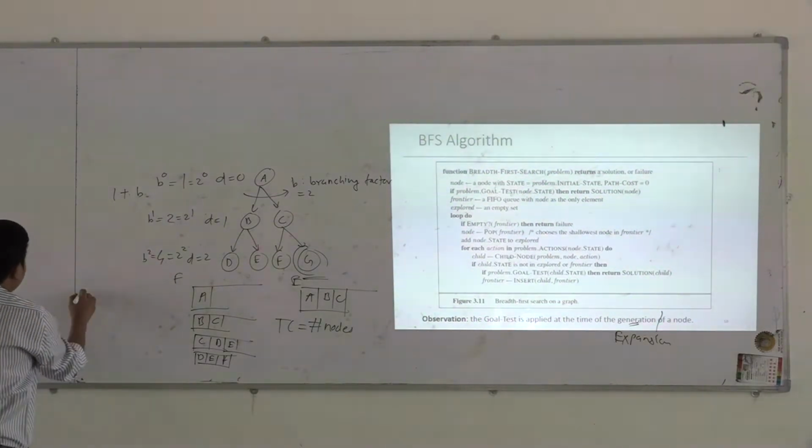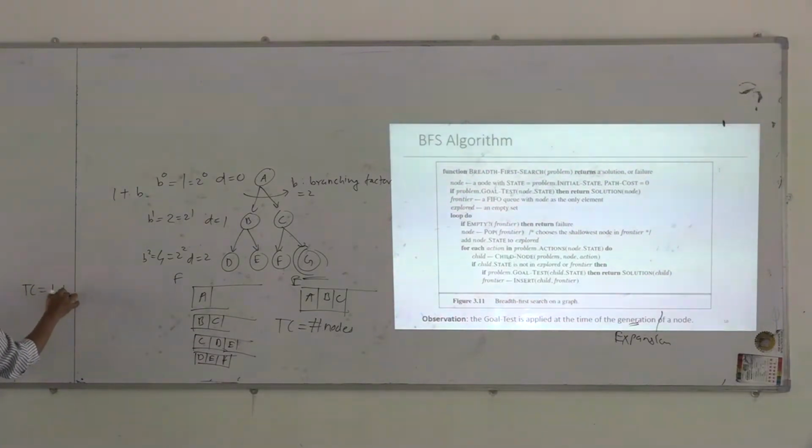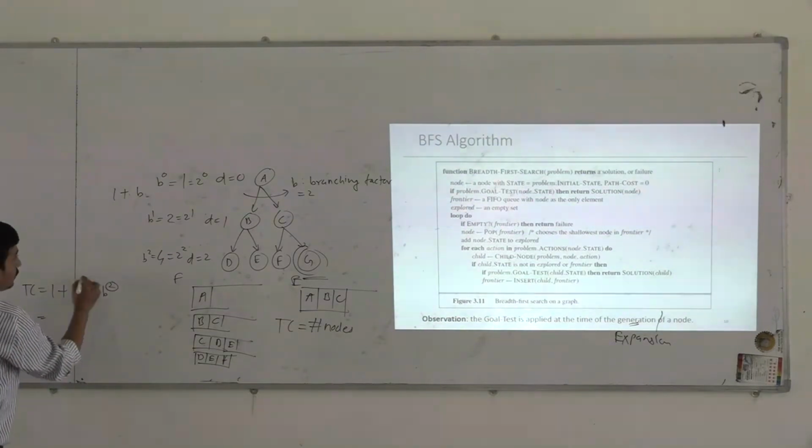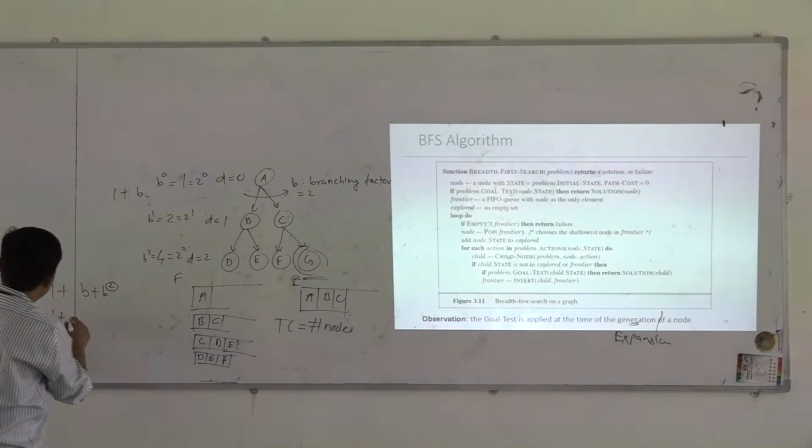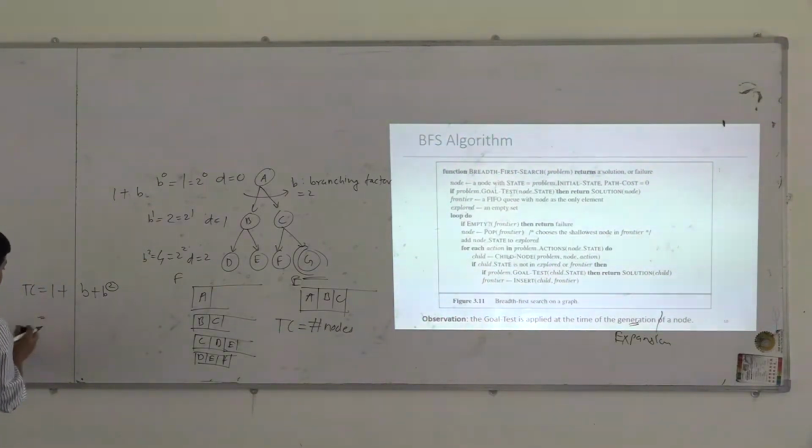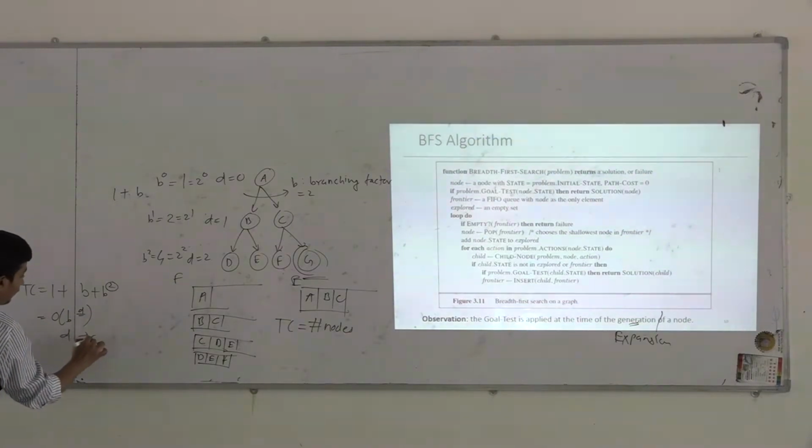So time complexity is 1 plus B plus B squared, which is nothing but order of B raised to power D. What is D? D is the depth of